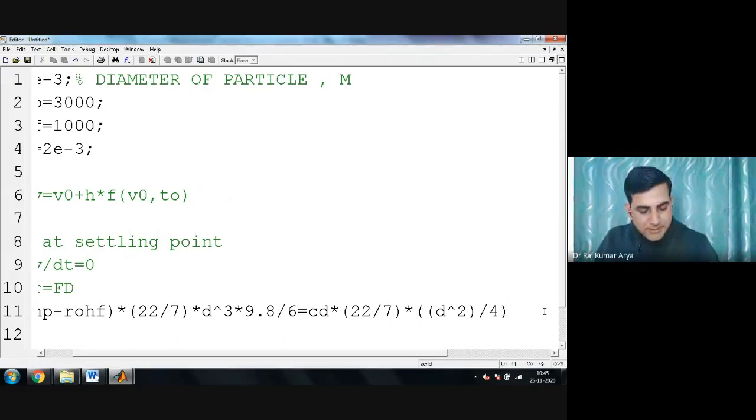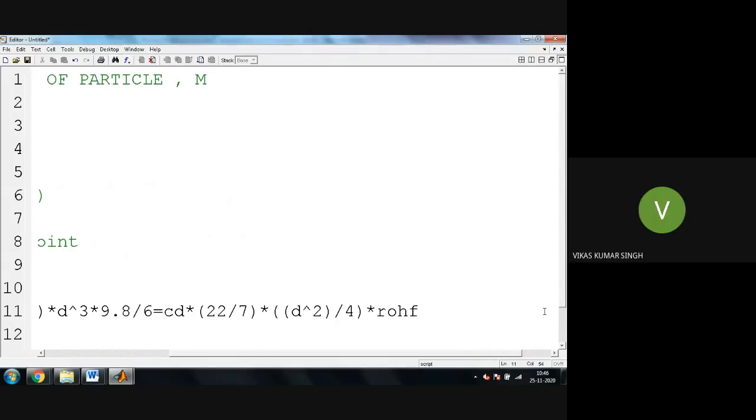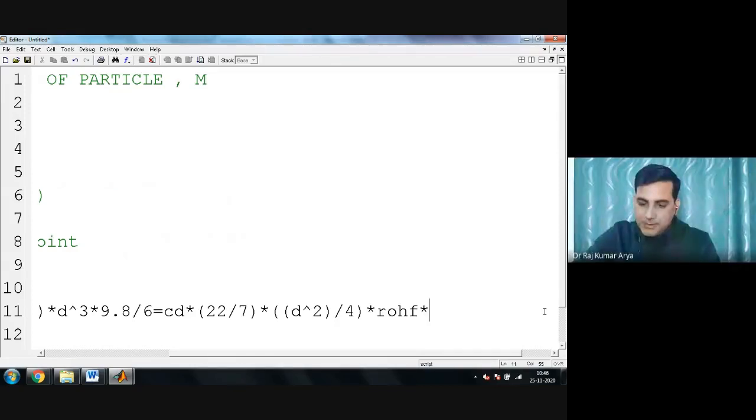Now you need a density of fluid, so you are multiplying by rho f, the density of fluid. And now you have velocity here, right? That needs to be calculated. Let's say you have v square, v to the power 2, divided by 2.